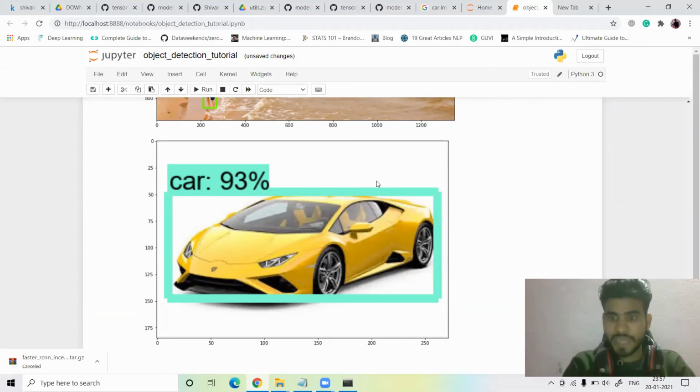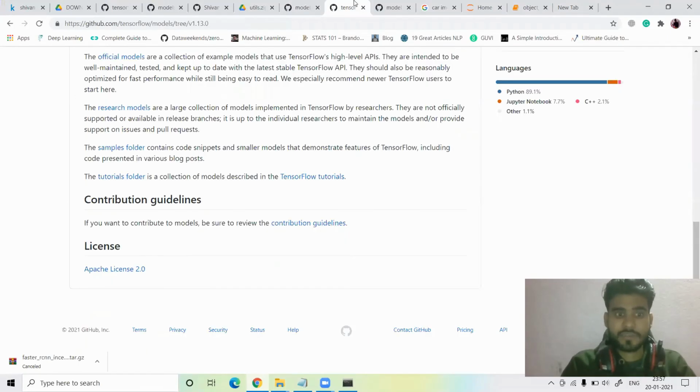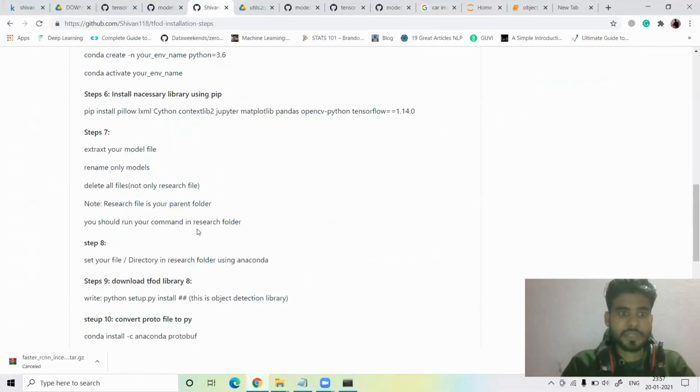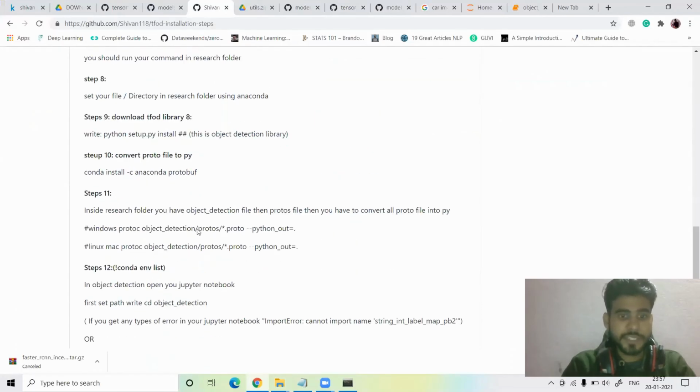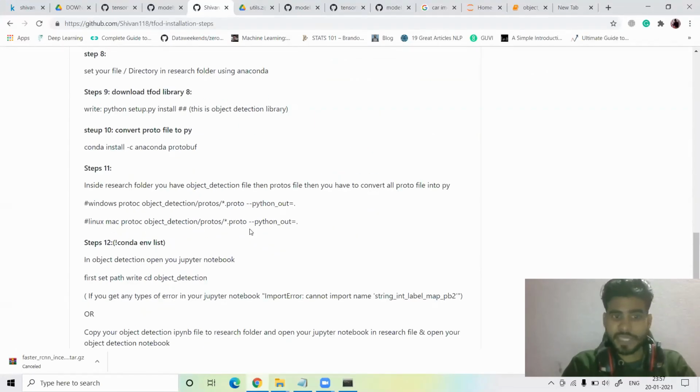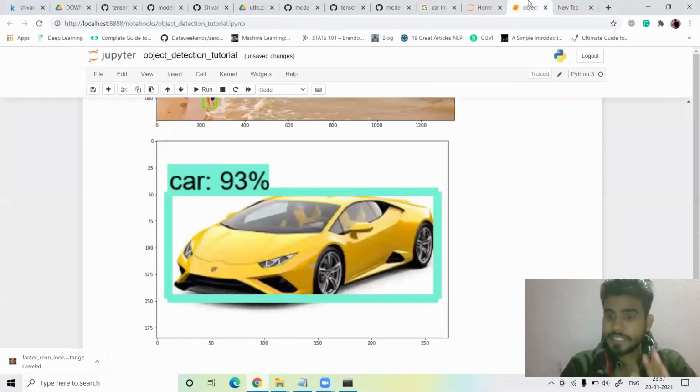If your system is Mac or Windows, follow the same steps, with only a few changes. I already showed you. For Linux, you have to make only one change in your system. Just use this command for Linux, guys. And if you get those types of errors, just move your object detection file into the research folder, paste it here and make only 3 changes.